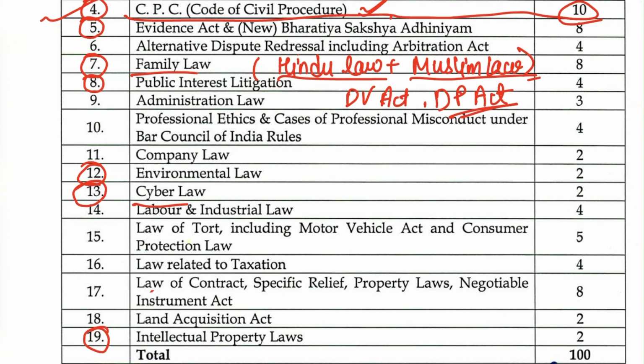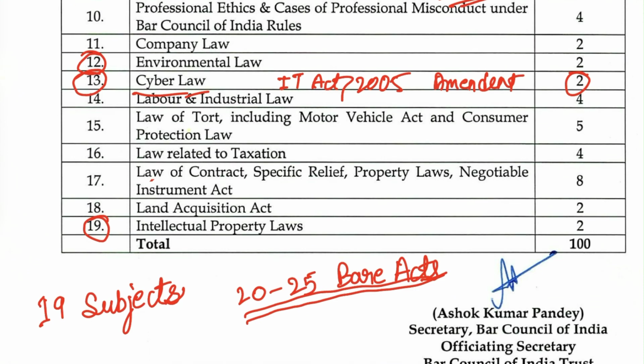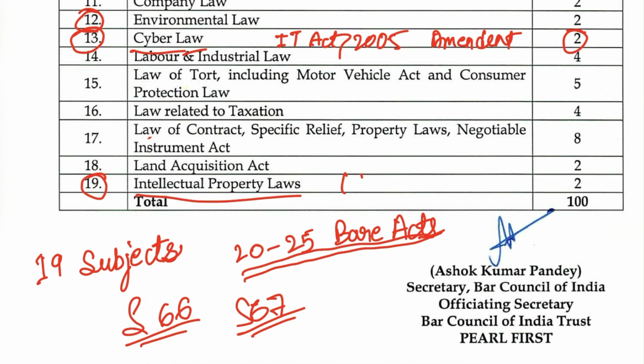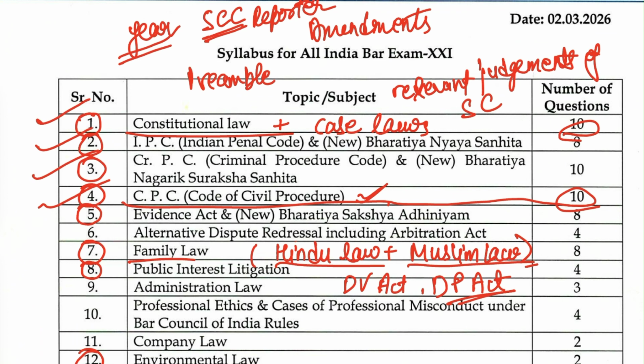Cyber law is an important subject, and it will easily get you 2 to 3 marks. Relevant questions along with it can also come, and that will be majorly from the IT Act of 2005 and the major amendment. From the IT Act, you can just go with the important sections, that include Section 66 and Section 67. After that, intellectual property laws, the IP laws, are important, and you can easily get 2 marks from them.